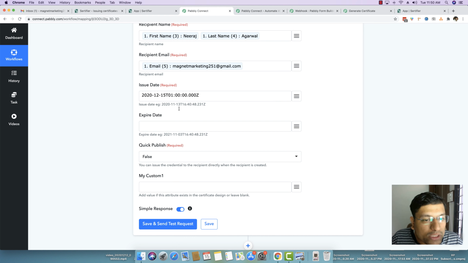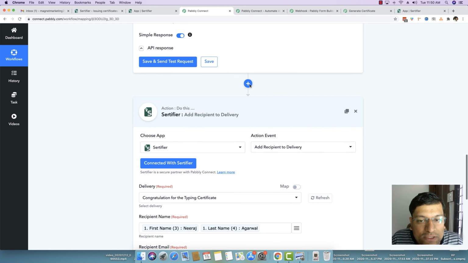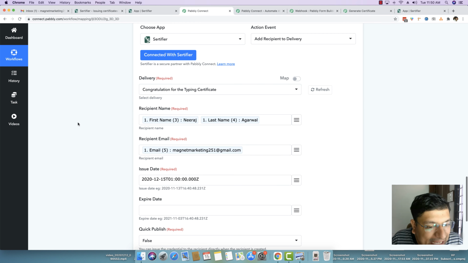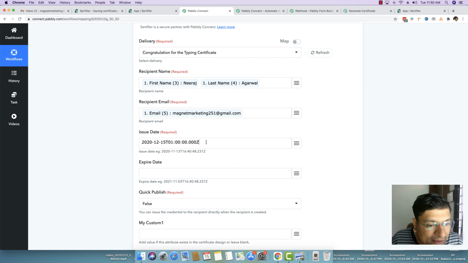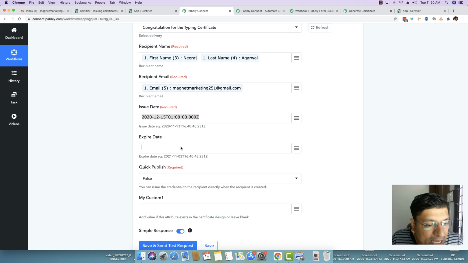Okay, but if you really want to change this time to a current time, just above this step, create a spreadsheet function, and you have to run a now time, which actually gives you the current time, and you can actually map that current time right here. I will show you after this whole certificate is generated, and I will leave the expiry date as blank because we do not want to change anything.